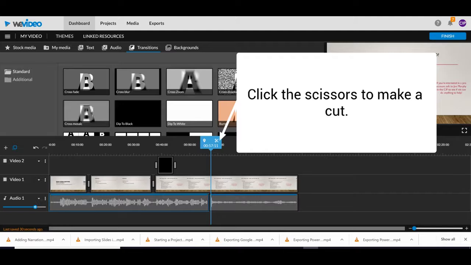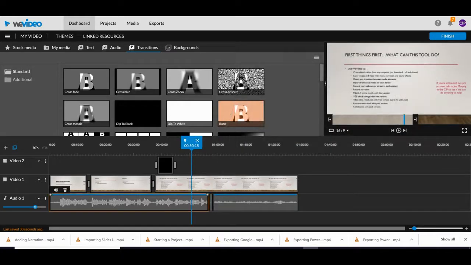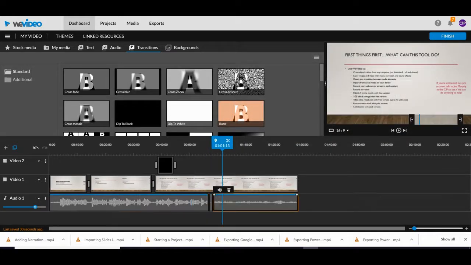I'm going to go ahead and go to the other side of that and do the same thing. Now you've got 3 different clips here, and I'm going to go ahead and highlight that middle one because I don't want that, and I'm just going to hit delete on my keyboard, or you can